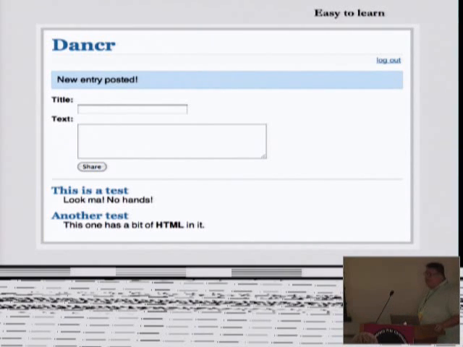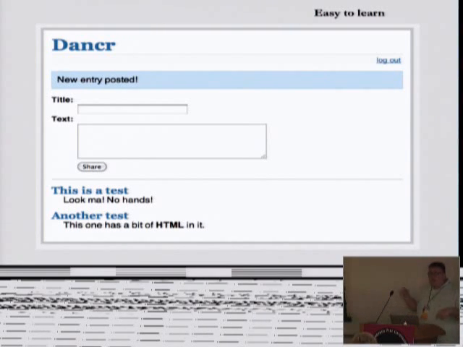Anyway, I wrote this example application called Dancr. It's a complete ripoff of an example application that I found for the Flask framework called Flasker. You can see why I took the name Dancr. But basically what it is is a tiny little microblog. It's very silly, but it's also very short. It's literally like 100 lines of code. So we're going to actually talk about most of the things in this particular example application in this talk today. And hopefully by the end of this talk, you're going to feel comfortable enough that you could go out and write your own Dancr application pretty easily.